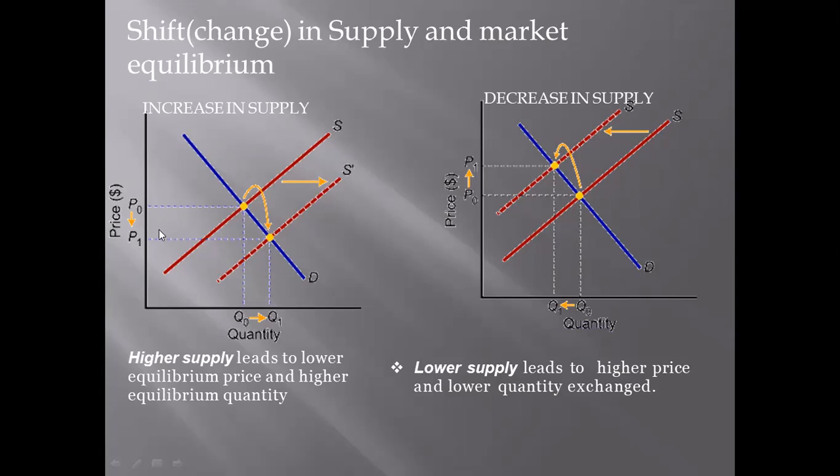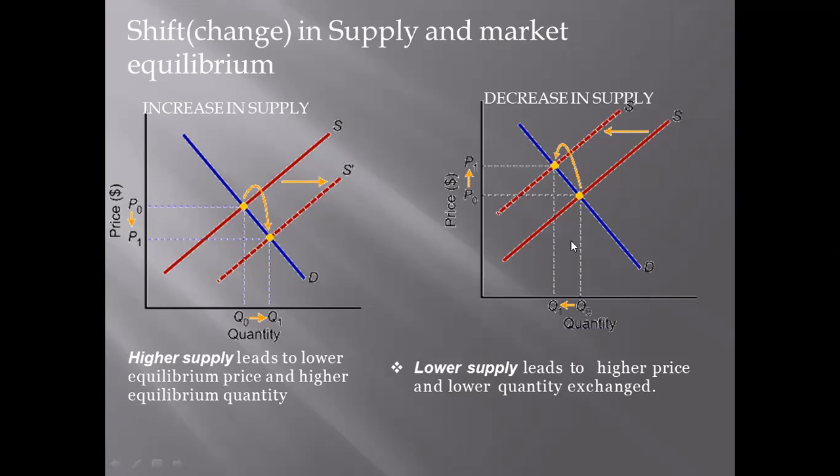So we know that when the supply increases, when it is related to any commodity or any product, as I always say, when there is excess supply of anything in the market, we don't value the product and automatically the price comes down, right? So when the supply is increasing here, demand being constant, the price is going to come down. So higher supply leads to lower equilibrium price and higher equilibrium quantity.